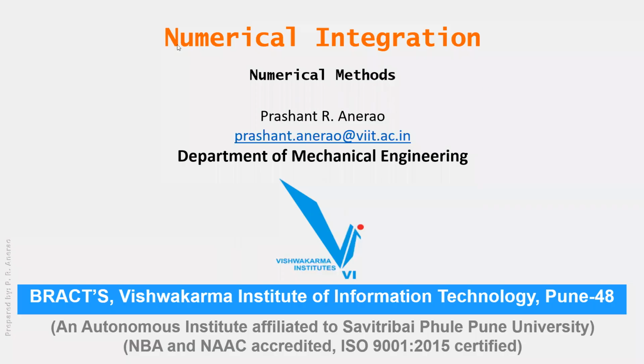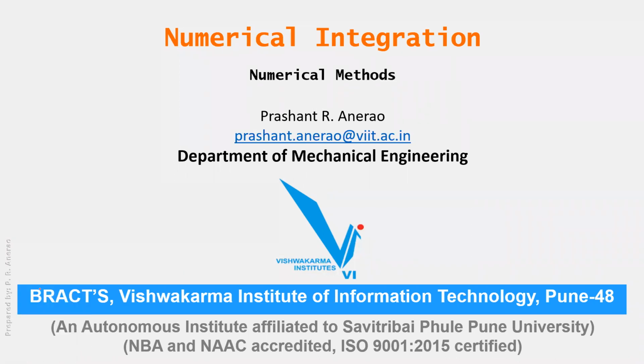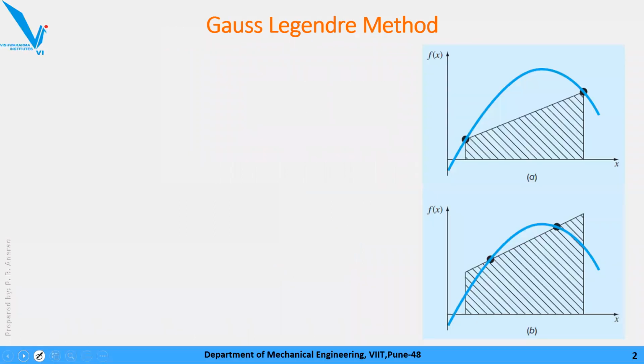So earlier we have discussed the Newton-Cotes method, in which we have covered three different methods: trapezoidal rule, Simpson's 1/3 rule, Simpson's 3/8 rule. And in yesterday's lecture, we have also gone through the flowchart for these three methods. Now, in today's lecture, we are going to deal with another approach to calculate numerical integration. The name is Gauss quadrature methods. Okay, so let's start with that.